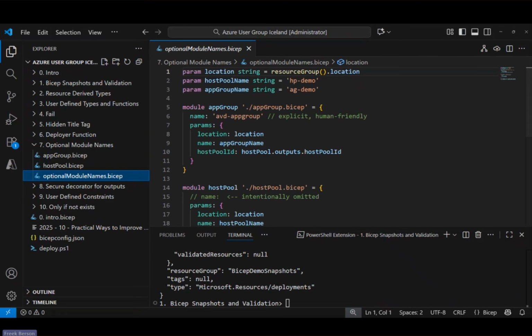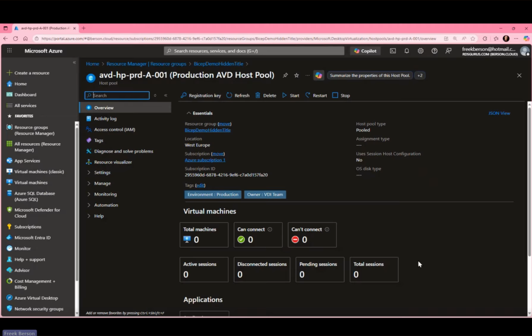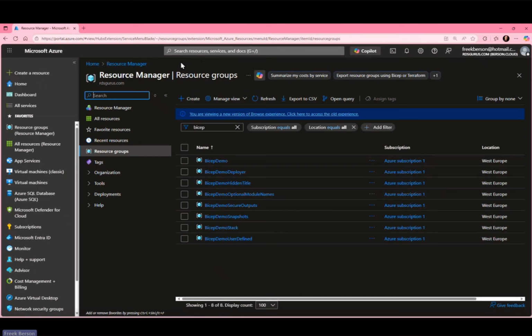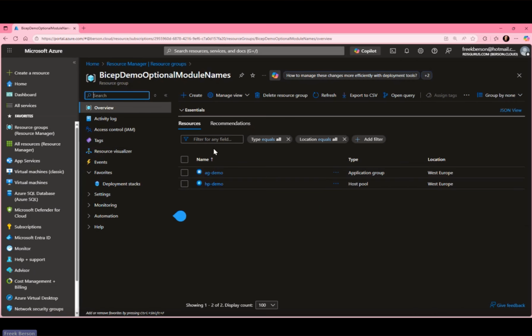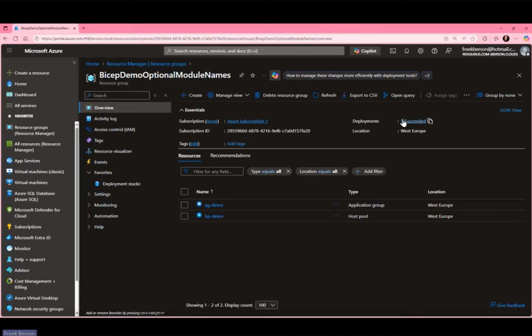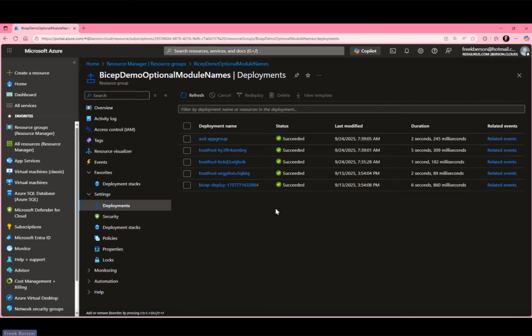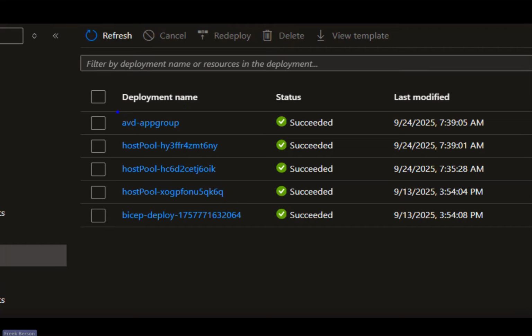Let's take a look at the Azure portal to see the difference there real quick. So if I go to the optional module names, these are the 2 resources that we deployed. But if we take a look at the deployment history, we can see this view right here. So this is the explicit name that we defined by defining the name of that nested deployment.